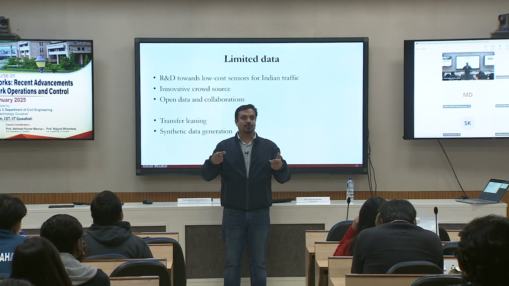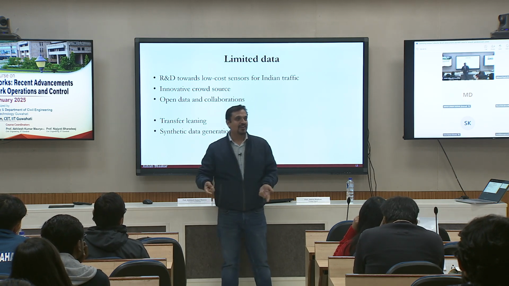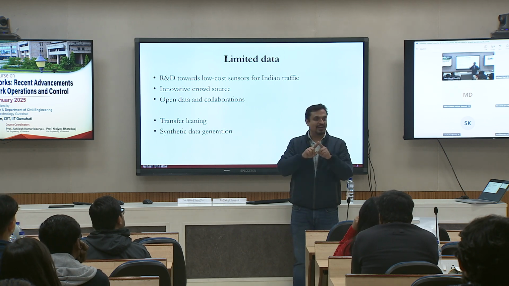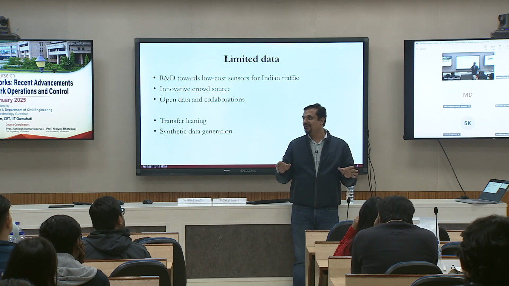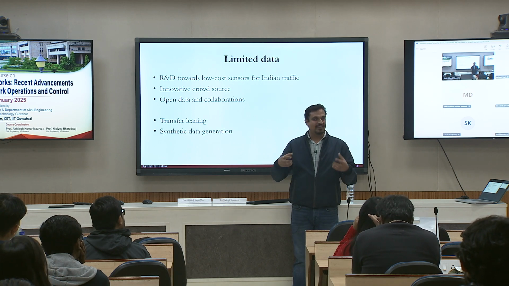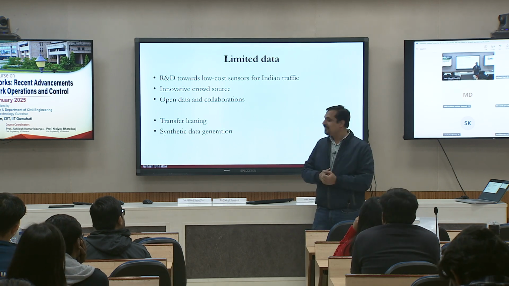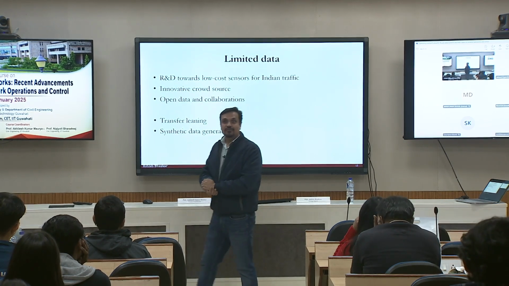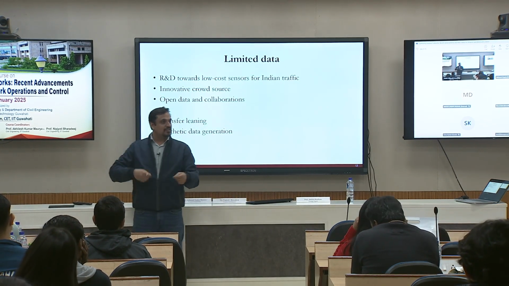So that's why you go there with a critical mindset, not as a black box. Don't accept machine learning blindly. Understand the process, ask them the questions, how it is done, and that will help you to actually look at that one. Synthetic data generation can be another area of research, where you synthetically generate the data set.